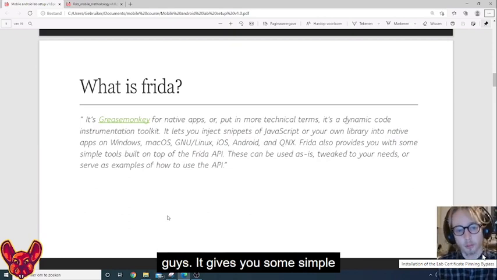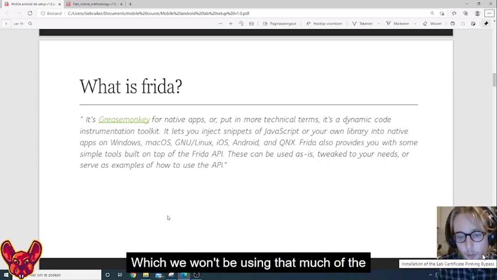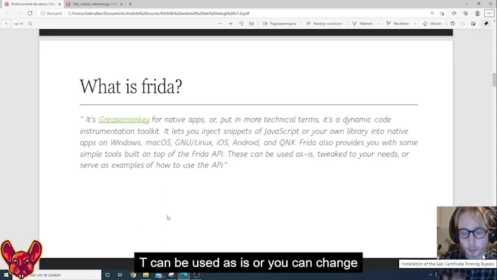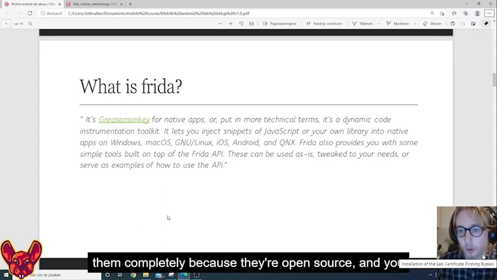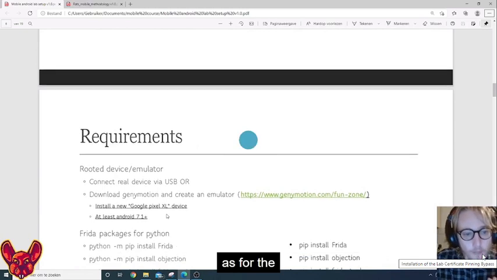It gives you some simple tools that are also built on top of the Frida API, which we won't be using that much of, but they can be used as is, or you can change them completely because they're open source and you can go in and make necessary changes. So as for the